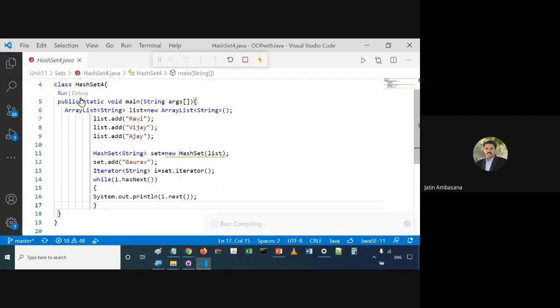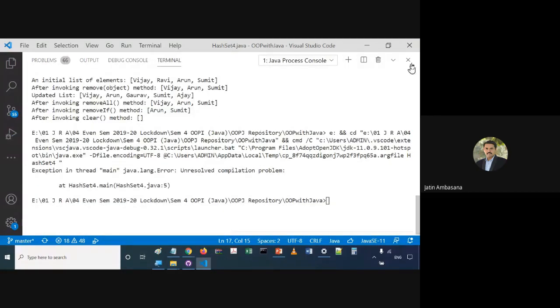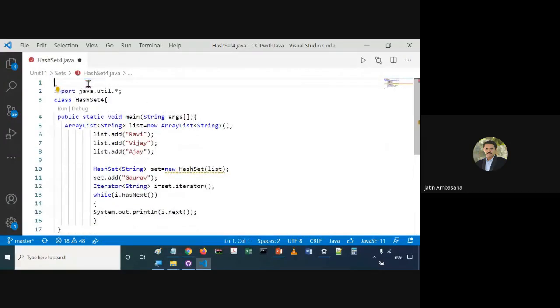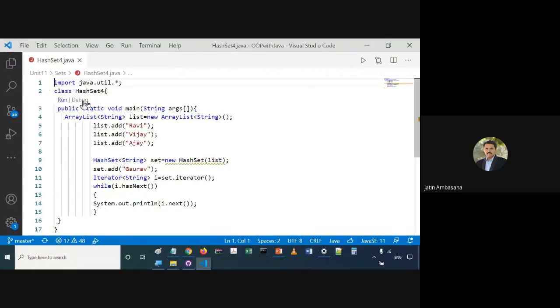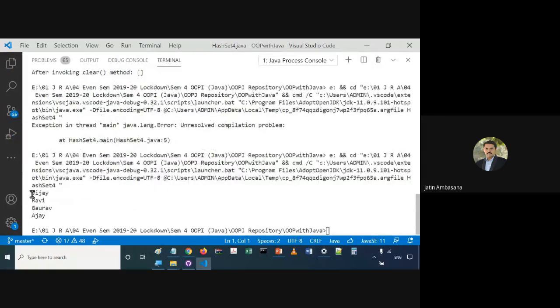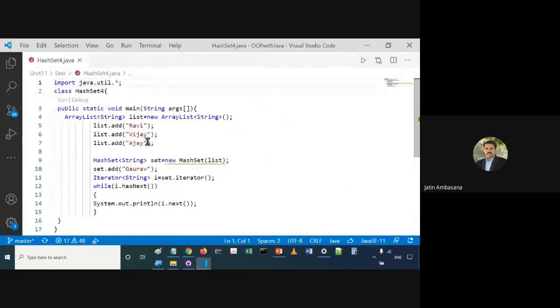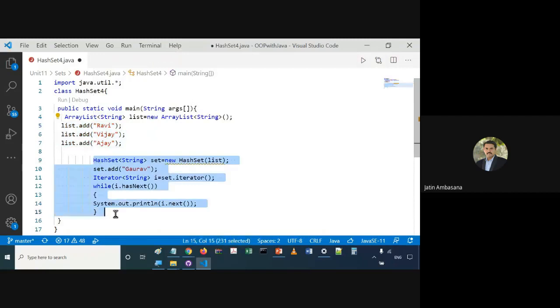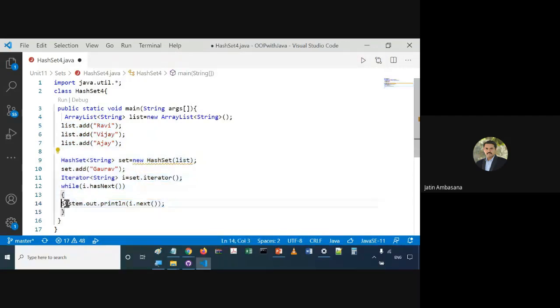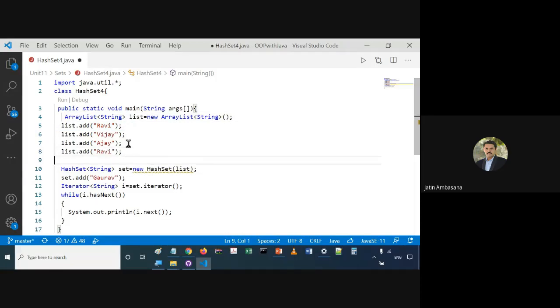So if you run this thing, you can see Vijay, Ravi, Gaurav, Ajay are there. So Vijay, Ravi, Gaurav were already there, right? We had added it from the list. Okay. Let me add one more Ravi to this. Okay.